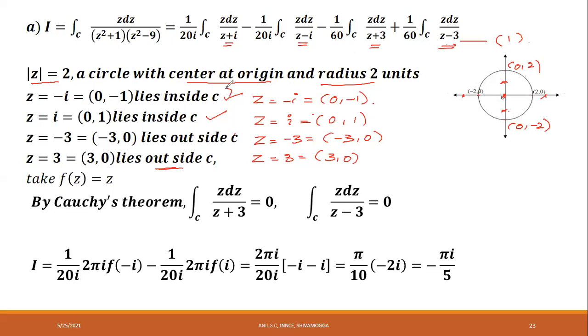For these two, Cauchy's integral theorem is to be applied, and for these two, Cauchy's theorem is to be applied. The points which lie inside C, we use Cauchy's integral formula, and for the points which